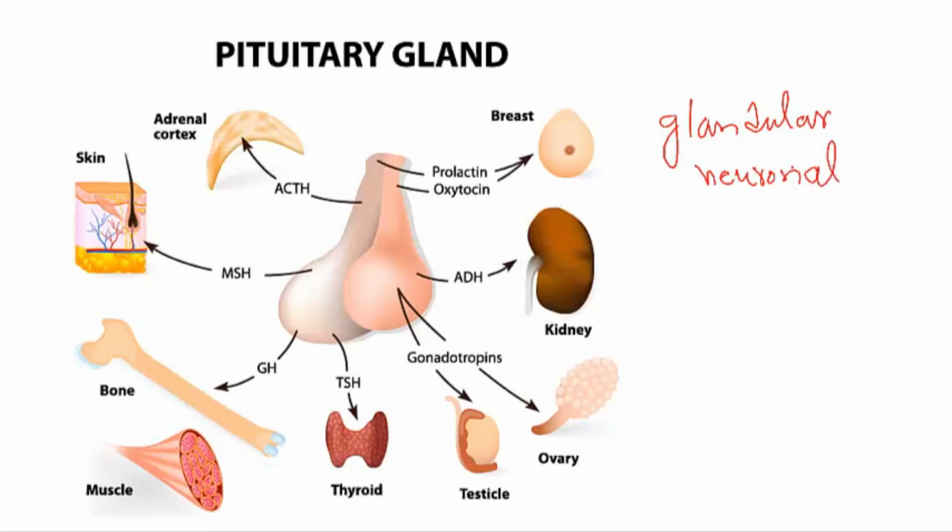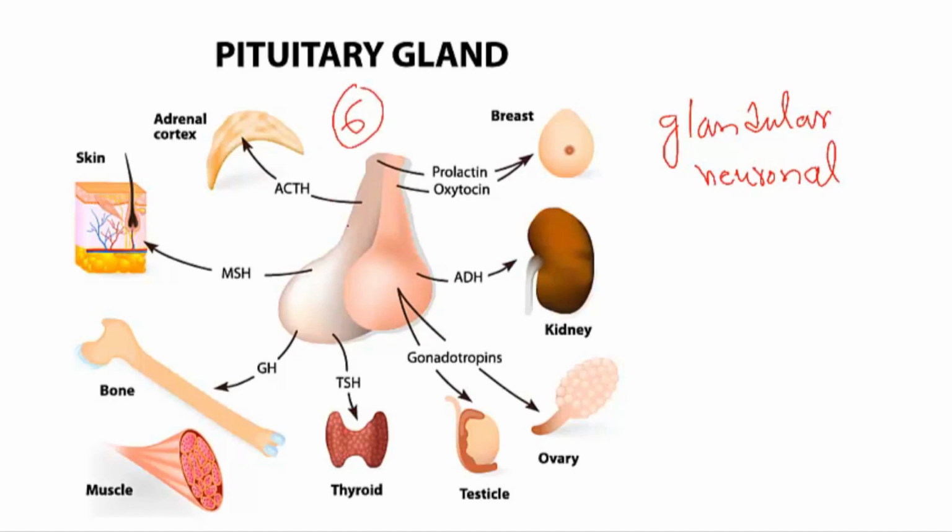These pituitary glands secrete multiple types of hormones from two different regions: one is known as the anterior side of the pituitary, and another one is known as the posterior side of the pituitary, based on its position. From the anterior side of the pituitary, it produces 6 major types of hormones,